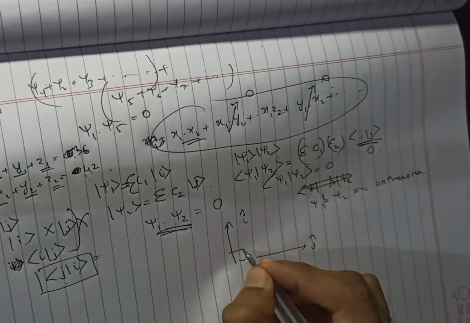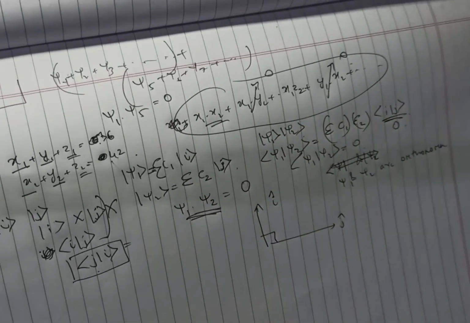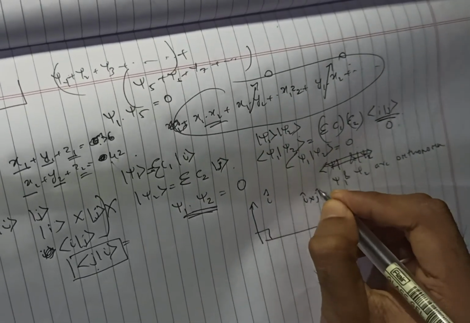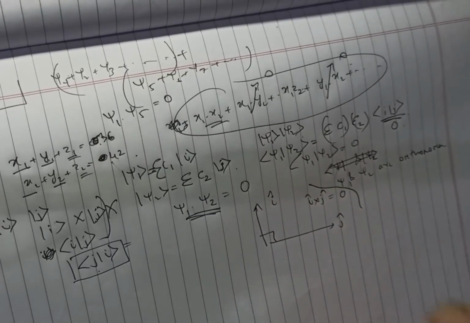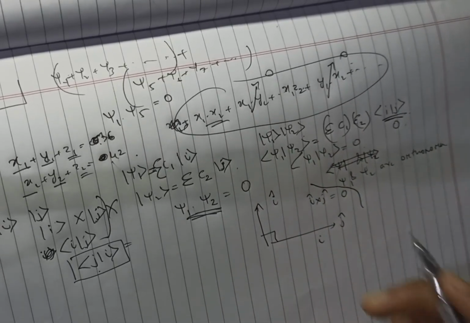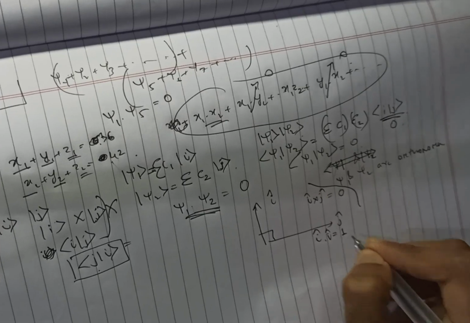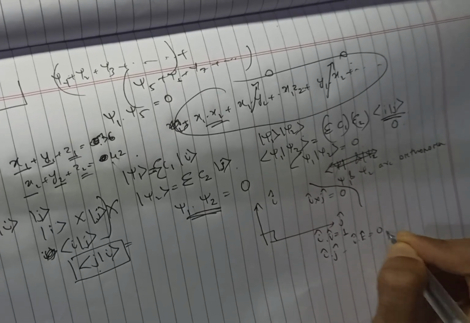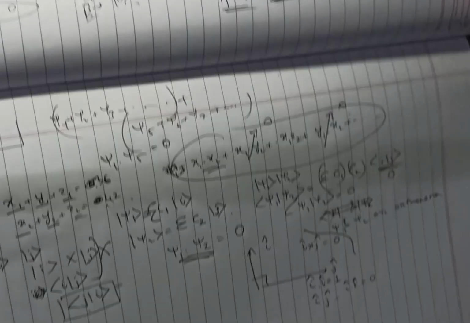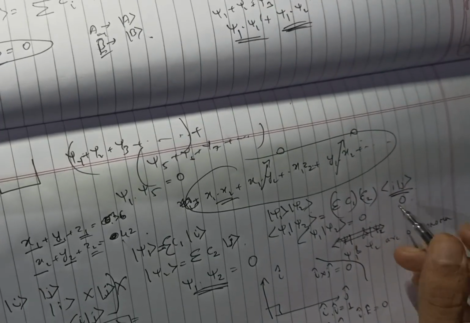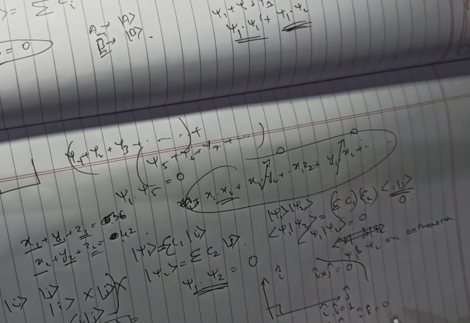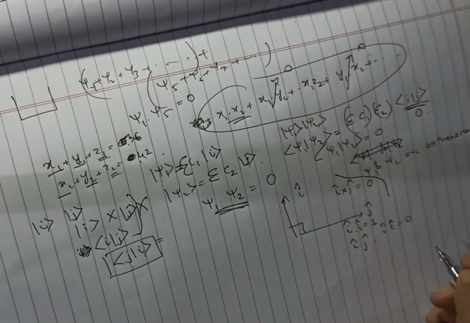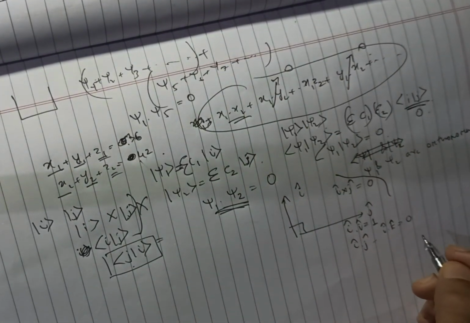Now if i cap and j cap are perpendicular to each other, then what do we write? i cap multiplied by j cap, and what is this equal to? This is equal to 0. This is the standard formula: i cap dot i cap is equal to 1, and i cap dot j cap or i cap dot k cap, everything else is equal to 0. That's why we used the bracket notation here to convert them into vectors, so that we can follow the basic rules of vector multiplication.